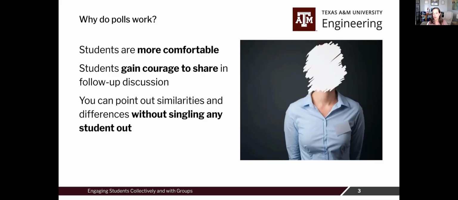That one person might know that they're in the possible smaller group that answered the poll one way, but they're not being identified that way with their peers. And so that helps them be more comfortable to share in the first place. And then once they get this, like, oh, I put my answer in a poll, I've started to think about the question, and I saw that I'm not alone, then when you ask them to discuss, they're more ready to do it.